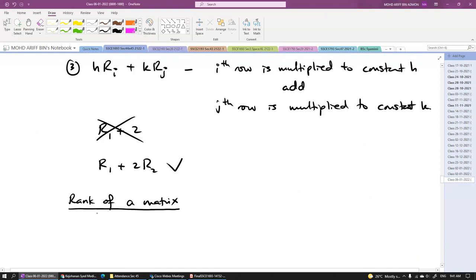In simple words, the number of non-zero rows in your matrix, and the most important, your matrix here